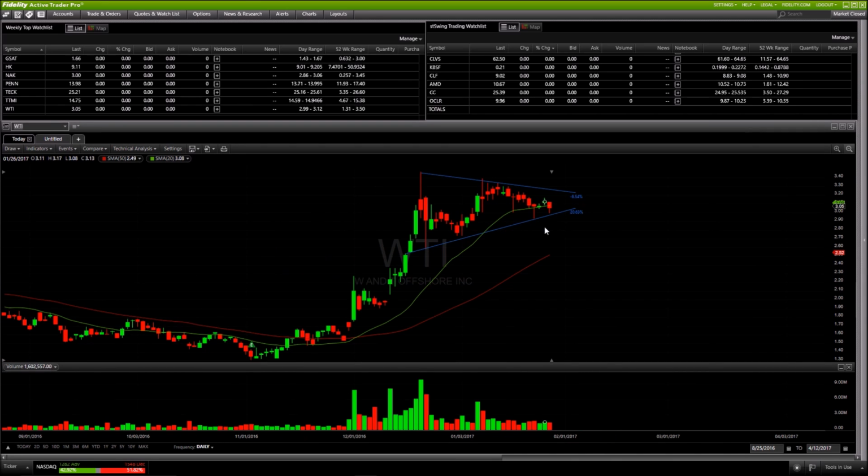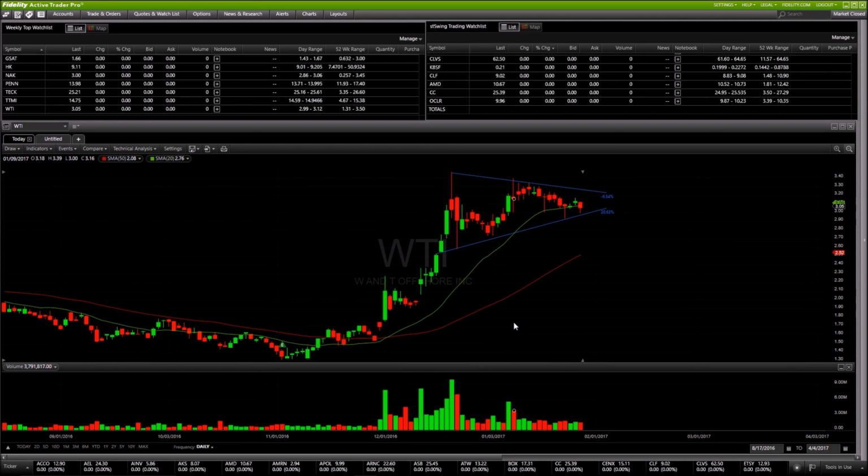Take a look at WTI. This one's been on a pretty good rip over the last couple of months, and it is in the oil sector. So if we start to see some oil strength, which I think we could see, that could definitely make this start seeing its next leg up. It's got a pretty fair amount of short interest in it as well,